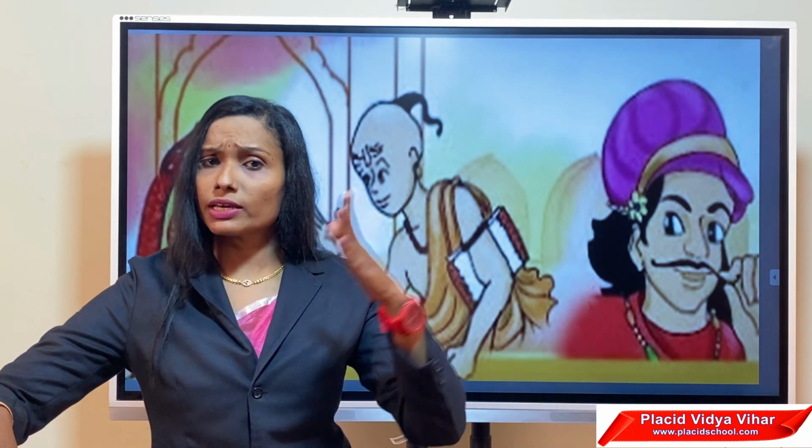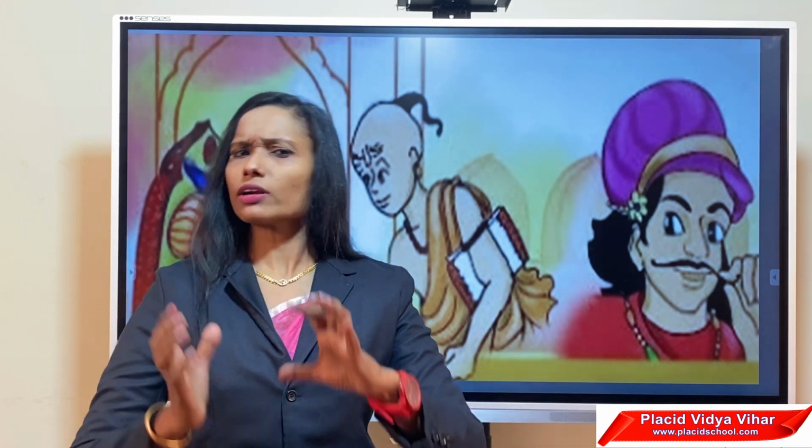He ordered his ministers, bring him gold. Give him gifts. Let us honor him. The way we give gifts to you in the classroom when you say an answer, a prize. So let us give him some prizes. They got a lot of gold and other gifts. The scholar was very happy. He was given a grand welcome. It was a grand celebration in the palace. The king Akbar was very happy.